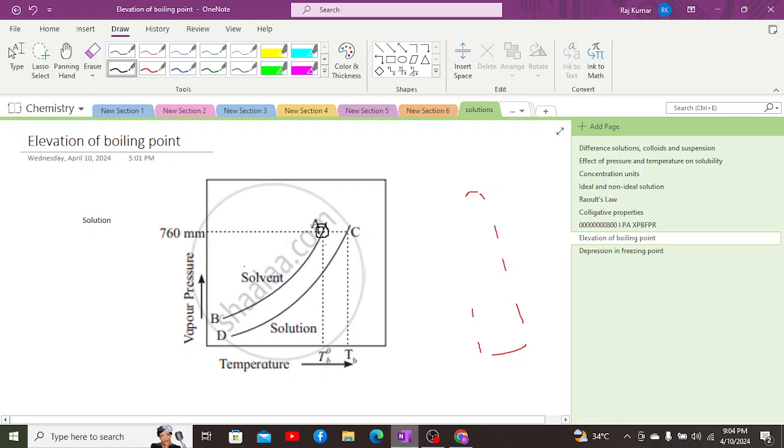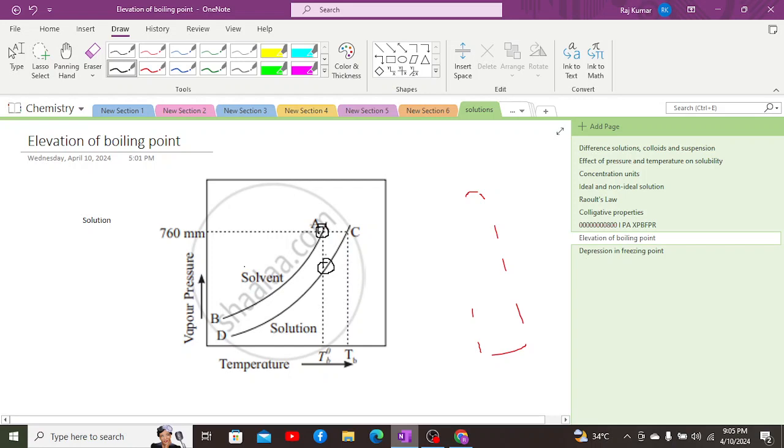If the vapor pressure is lowered to this extent, then at that moment the amount of effort which is required by the vapor pressure in order to become equal to the atmospheric pressure is increased, which is represented by this graph, as a result of which we can say that there can be a high difference between the boiling point of the pure solvent and the solution